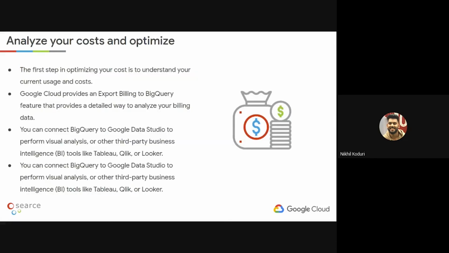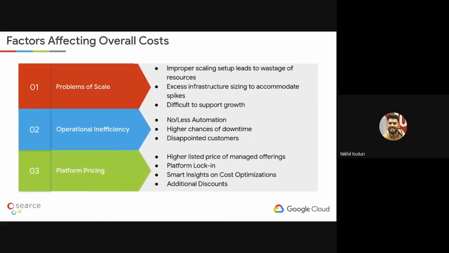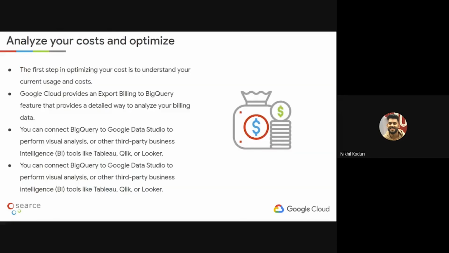There are a few more slides. So next we're going to talk about how we are going to optimize the cost. There are a few steps that you want to use to carry out an optimal amount of cost optimization. First thing you have to do is analyze the applications, analyze the cost that you're saving. You can export them to BigQuery and use Google Data Studio or Google Looker or Tableau to look into this data, to see where you're actually incurring costs, and try to attack those areas as well.